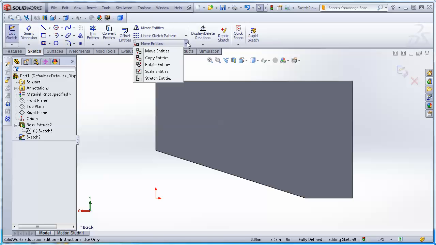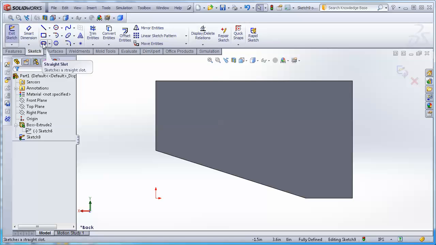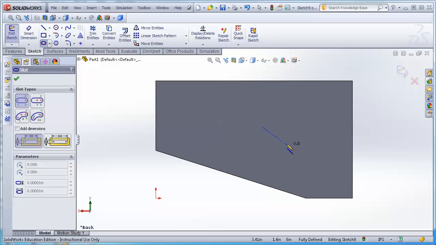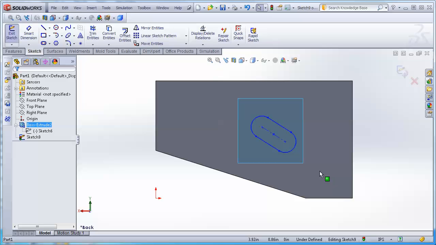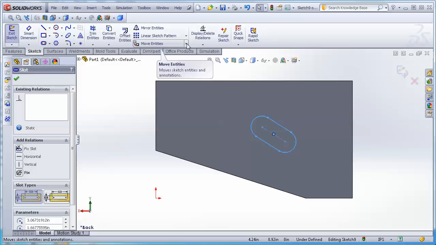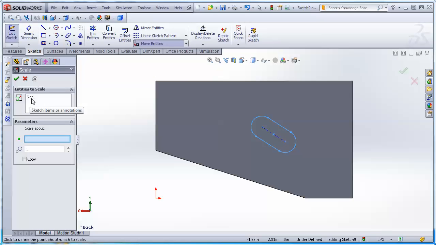Let's look at what else we might want to play with. Under move entities, we have move, we have copy, we have rotate, we have scale. So let's go play with some of those. I'm going to create this slot. There's a slot, escape. I'm going to select it, and I'm going to go with scale entities. And that says, what do I want to scale? I want to scale the slot. What do I want to scale about? I'm going to scale about this point on the slot,